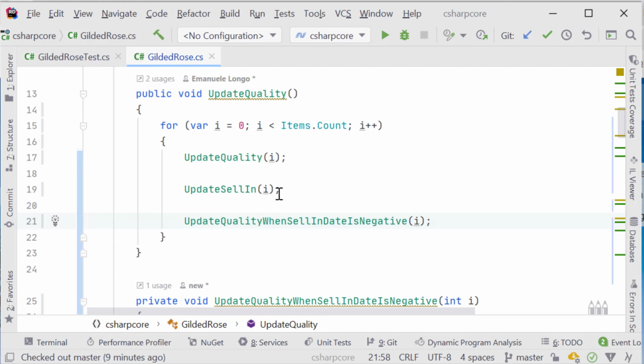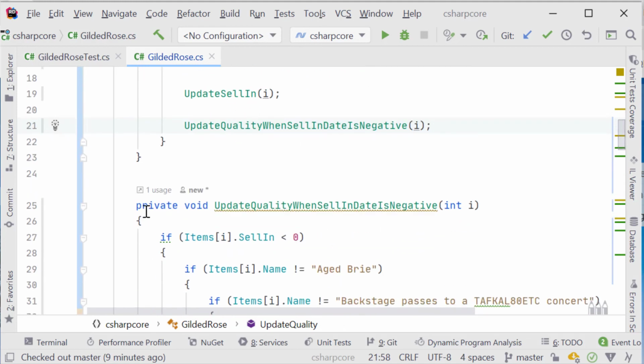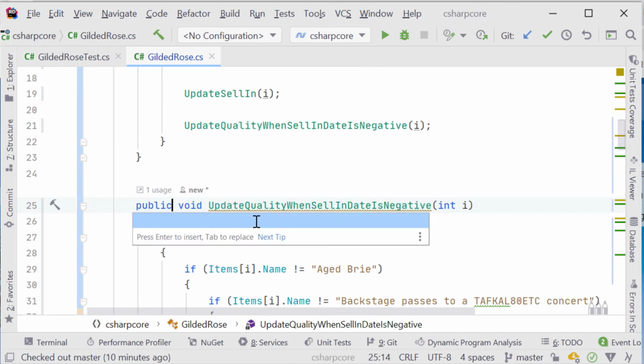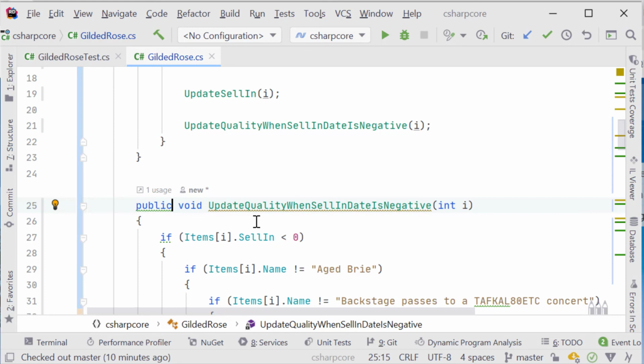So instead of testing this huge method, we can now focus on testing these individual parts. Since we used the refactoring tool, we are 100% sure that we didn't introduce any change in behavior, because that's governed by the refactoring tool. Right now the methods are set to private. We would need to change those to be public to be able to access them from our test cases.